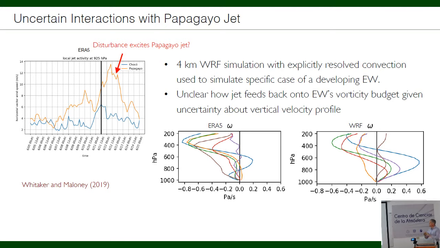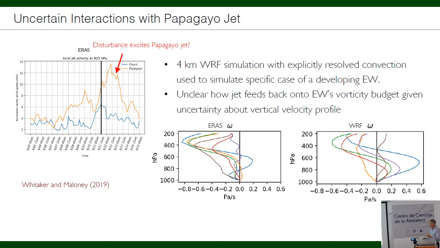But we really don't have, as of yet, a really good understanding about how that interaction actually occurs. And one of the problems is that I noted this stretching term before, where you have convection helping to spin up rotation within the easterly wave,